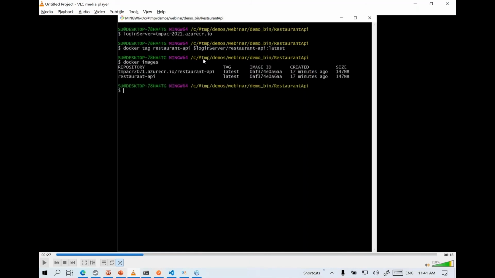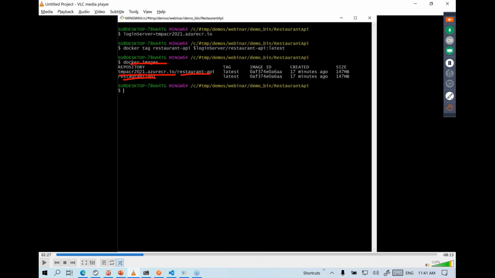So now if you get the Docker images list, you'll notice that we have the previously built Docker image, and we also have the same Docker image with this new name. So we have sort of renamed it. We have tagged it, so this particular tag is assigned to this particular Docker image.